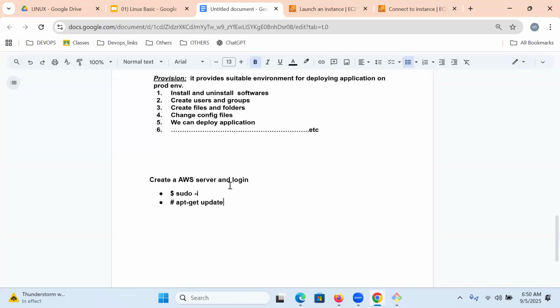Root user. For every new server, we first need to execute apt-get update. Whenever you execute apt-get update, it will be updated automatically.